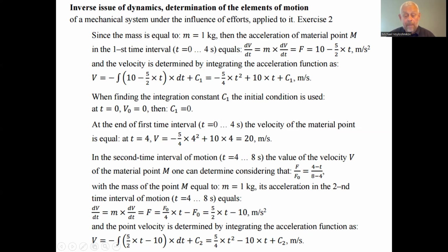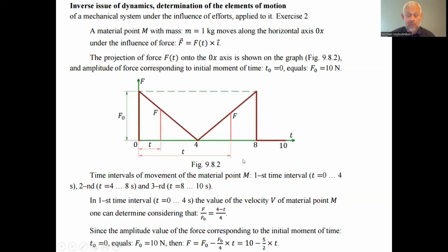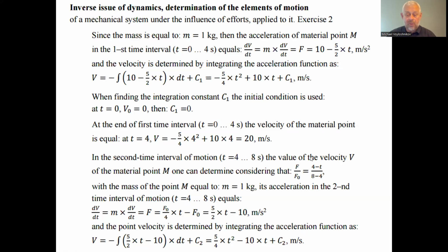And excuse me, this is not the value of the velocity as in the previous one. It is just a mistake in the description. It is the value of the force, because due to the diagram we have the value of the force, but not the velocity. Velocity is subject to find. So this is a value of the force. Next, we can find